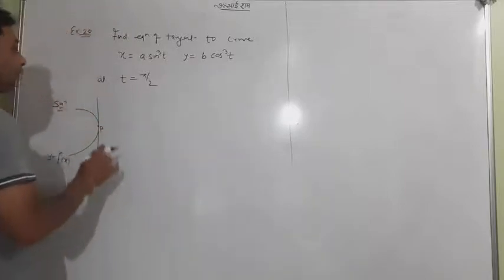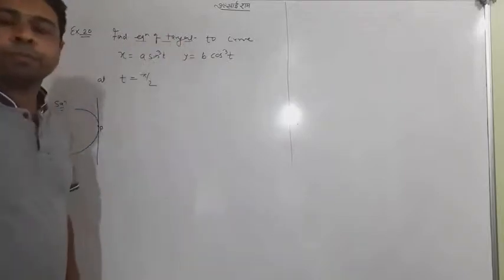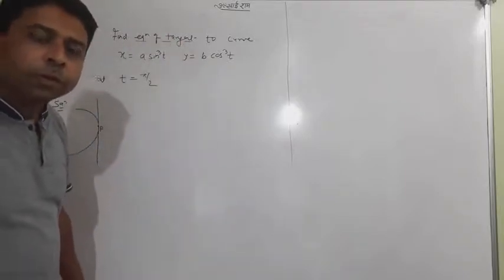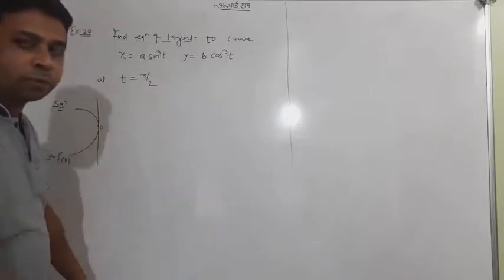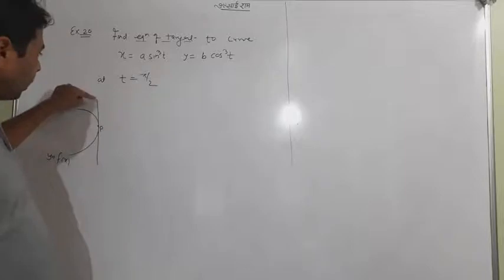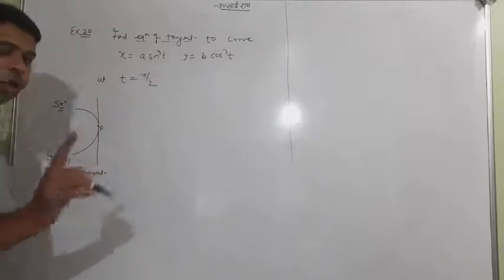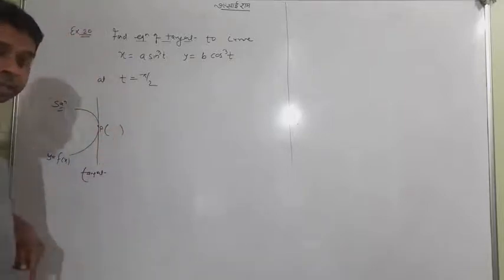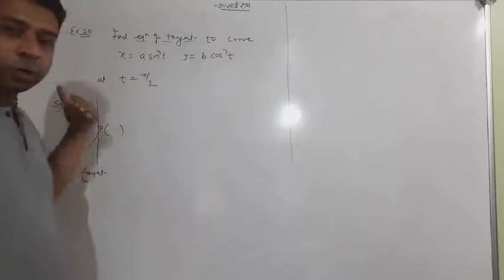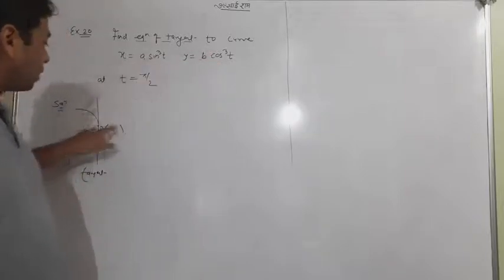First, what to find out? Equation of tangent. So equation of tangent meaning equation of line, same as I taught you recently. For that you need two things. What? Slope of the tangent. And this can be easily obtained by finding dy by dx. And the point through which the tangent was passing. And that also I recently taught you. Put t equal to pi by 2 here, and here you can get x and y, which is this one.